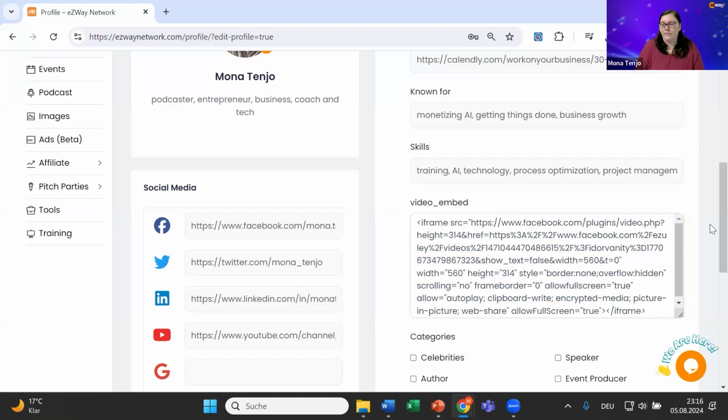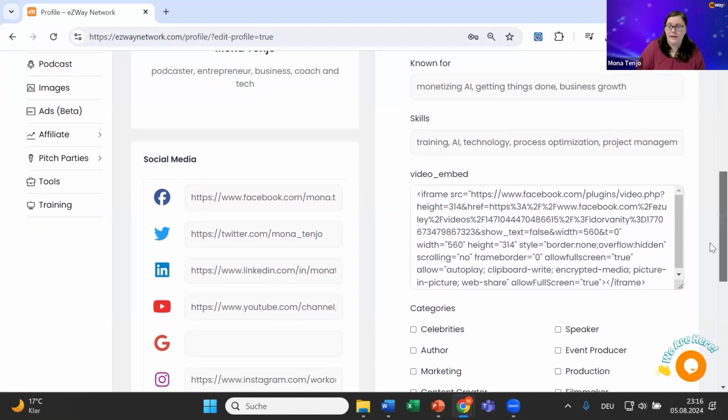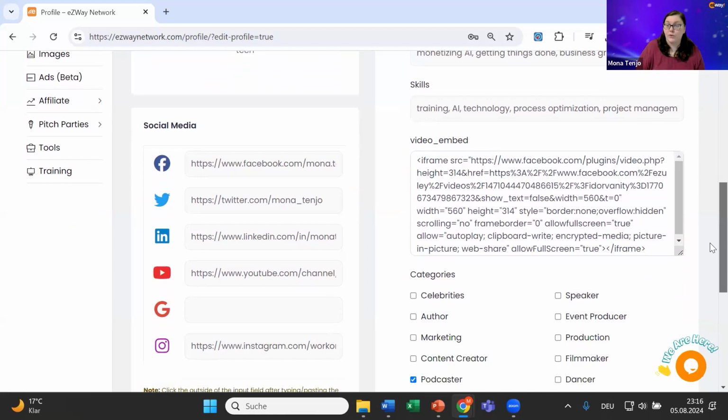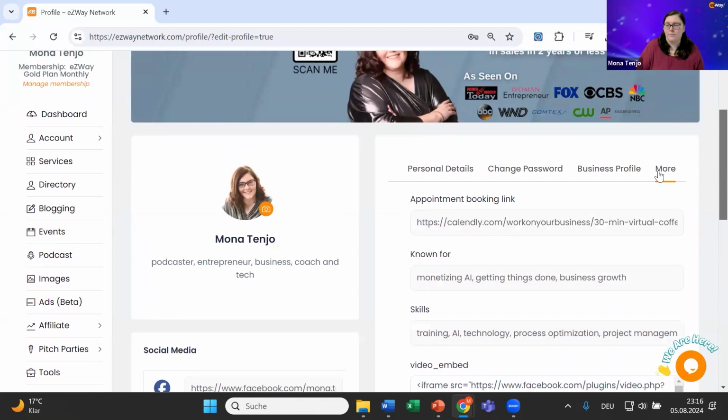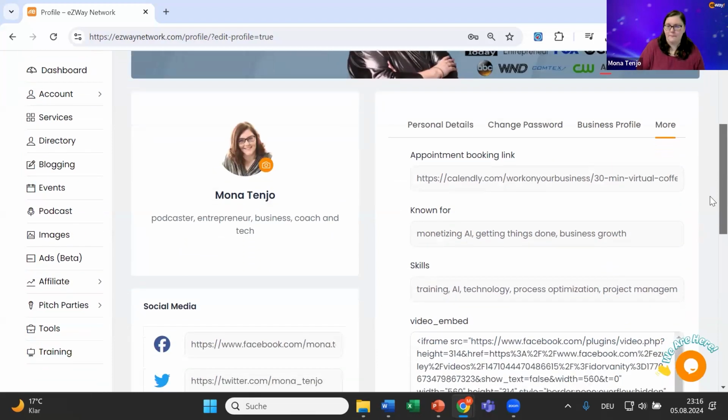And then if you save that, you will see it on your wall of fame profile as video displayed. So if you have a great video that introduces yourself or your services, definitely make sure to embed this. So once more, as a little reminder, you're going to go to edit mode in your profile to actually do this, okay?